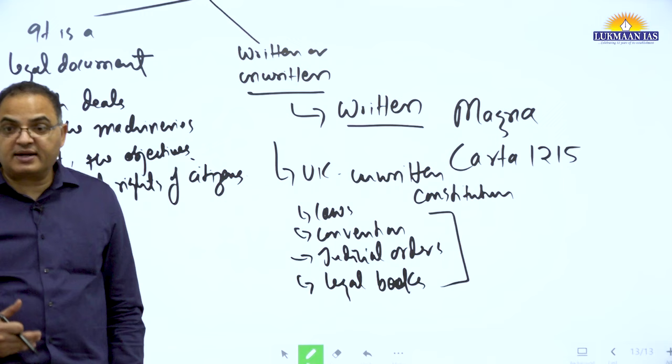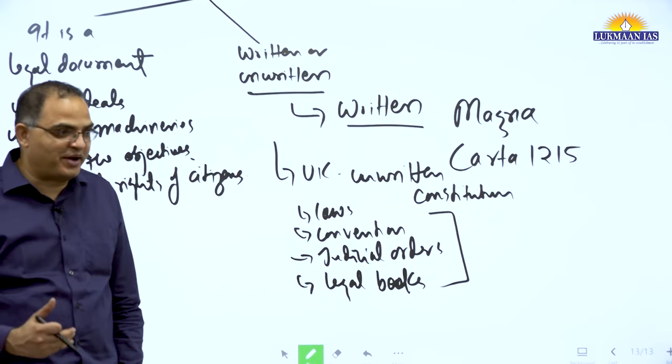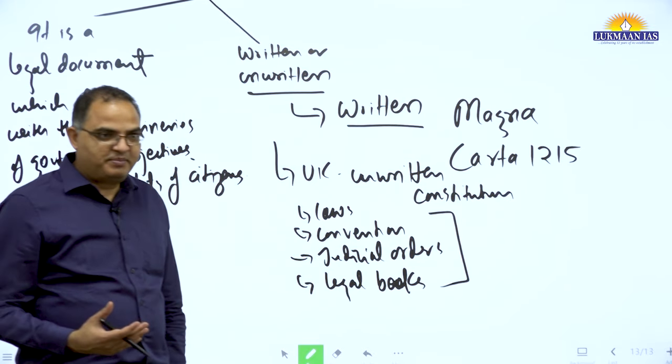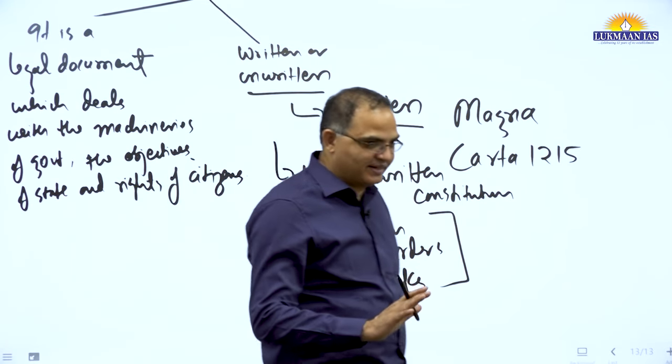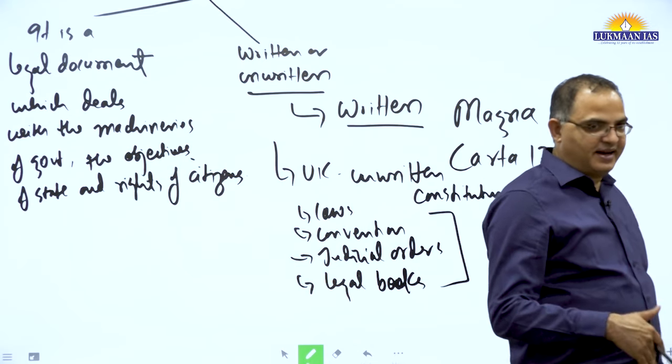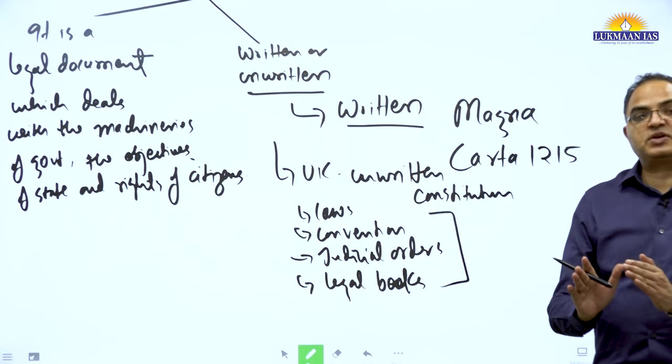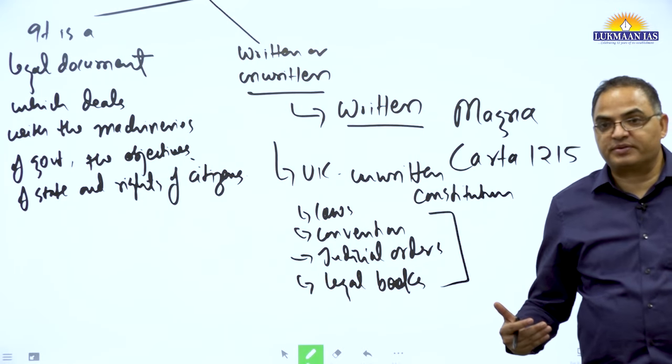हमारे देश में क्या है? Article 74, 75, 78, 77. We have these, but the UK does not have such details. Gradually you will know all these things. So, convention is also part of the constitution.